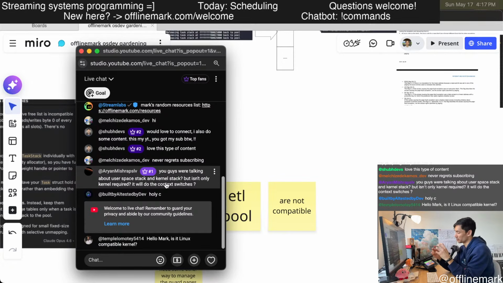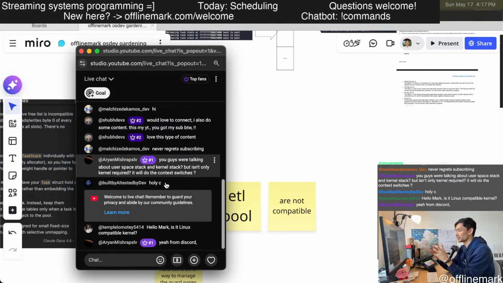The second option for when a user space task is going to pause or suspend or sleep is if it explicitly makes a system call that involves blocking, like sleep, like waiting on a mutex, like waiting on file IO. In that case, it makes a system call into kernel mode, and again we can freeze the context there in kernel mode.